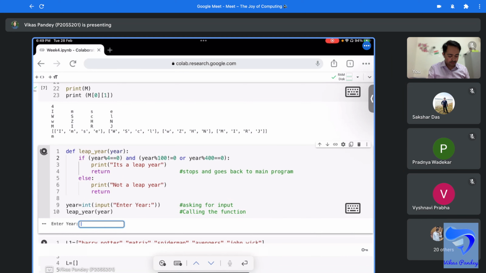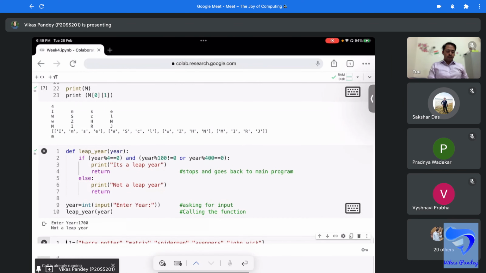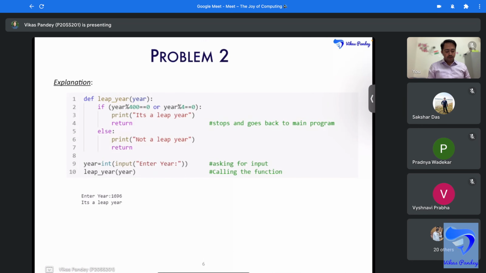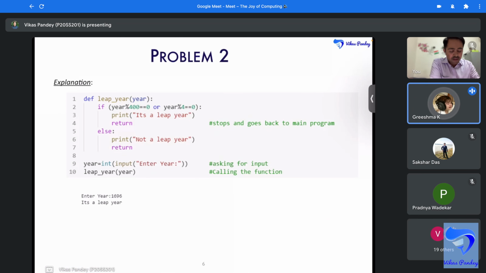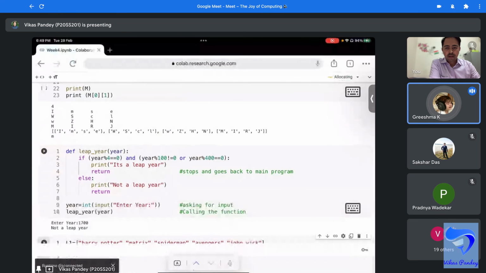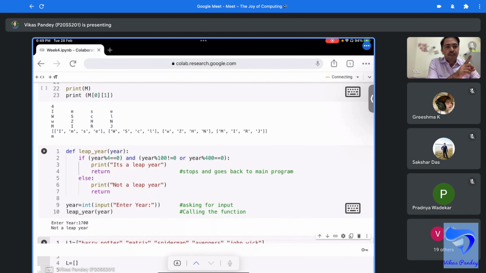Any doubts in this? No, sir. Okay. So why is it or? Because we have to satisfy both conditions, like a year not divisible by 100, and also it should be divisible by 400. No, so why it's or? Because we are checking it the other way around here. First, we are checking if the year is